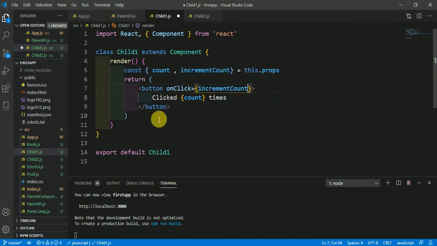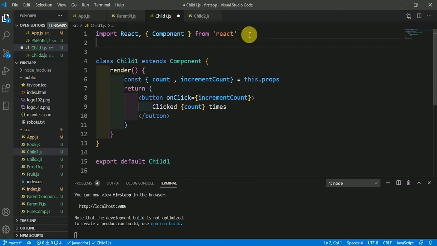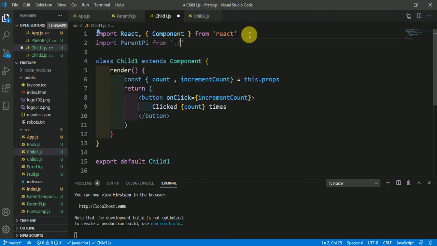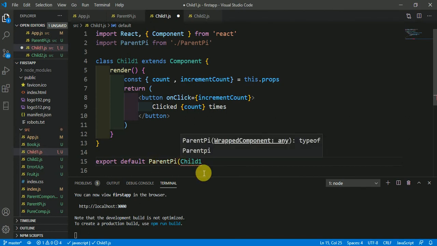Okay, now everything is all fine, just one thing is here. Now we have to import this parent class. So import parent.pi from parent.pi and just wrap this child1 in this parent.pi.